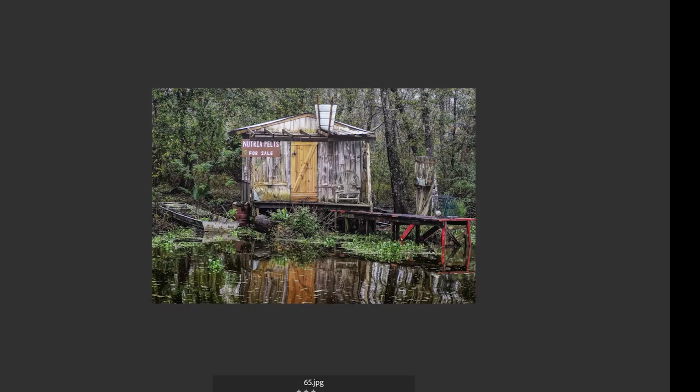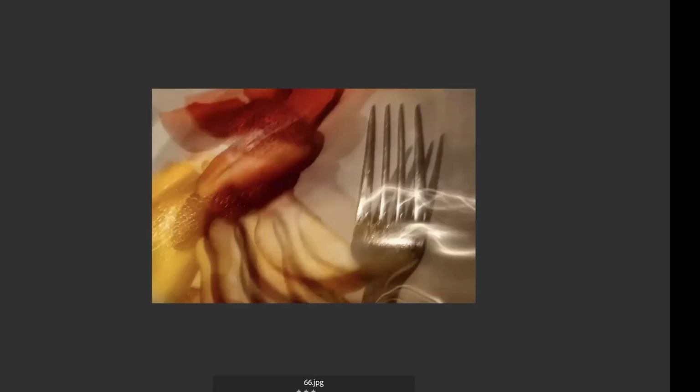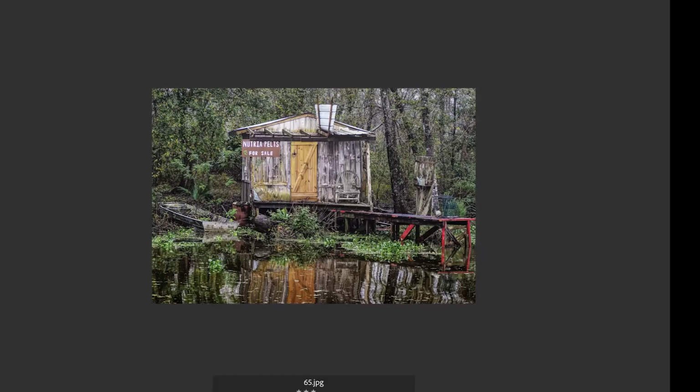Okay, number 65, Bayou Shack by Jeff Langford. Yes, I was drawn to this mostly because of the combination of decay and apparent attempts to make something fixed, something new, something old. I just like the decay look to the whole thing. They were also helping get rid of an invasive species, the nutria. Oh, I didn't think of that. It reminds me of a famous Walker Evans picture with fish bait and signs.